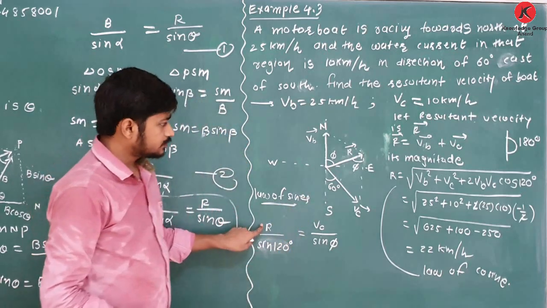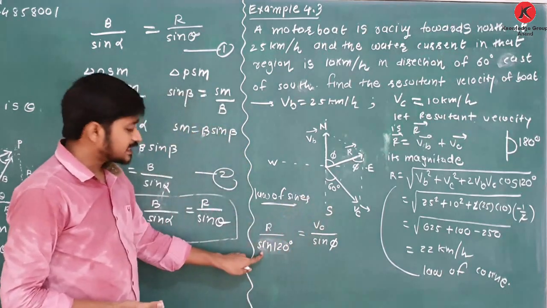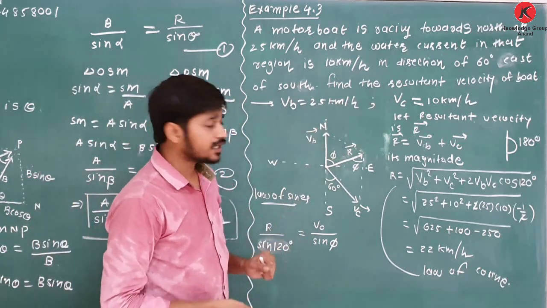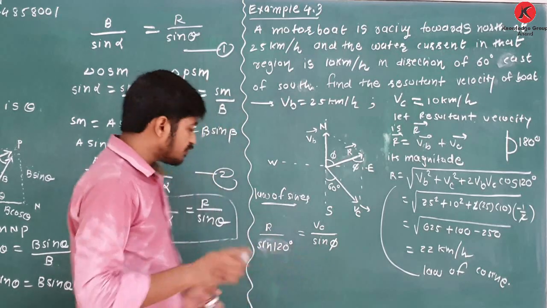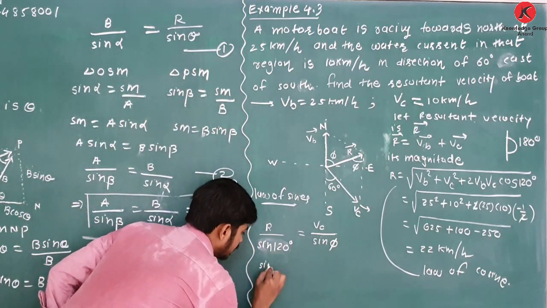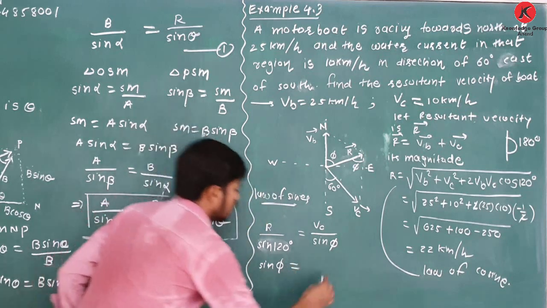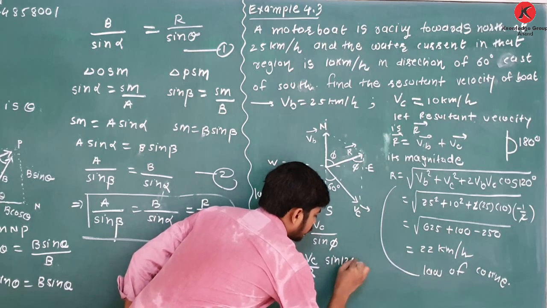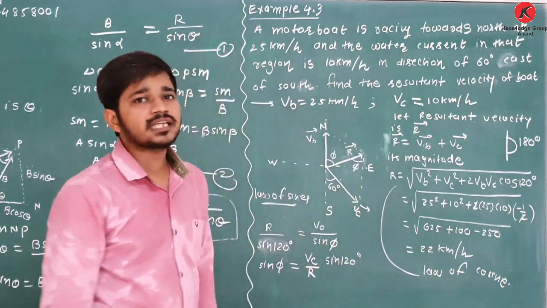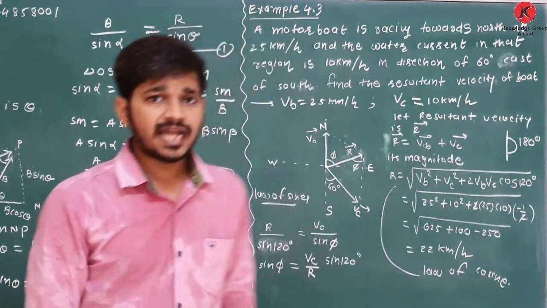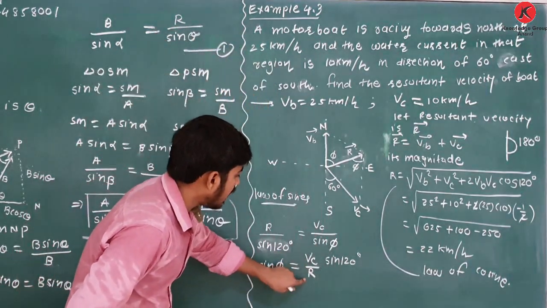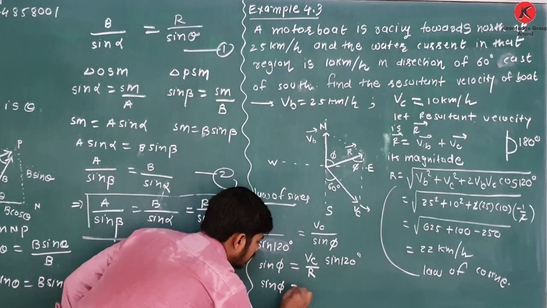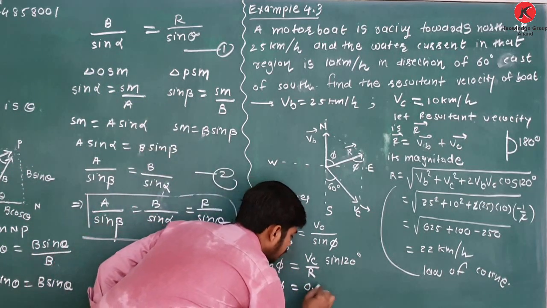Okay, so yes, R. You know what is the value of R. Sine 120. Yes, you also know the value of sine 120. VC, you are given the value of VC, sine phi. If you put each and every value, sine phi is equal to VC upon R sine 120. Students, how to find the value of sine 120? That you know. Put the value of VC, R and sine 120. You will get the value of sine phi